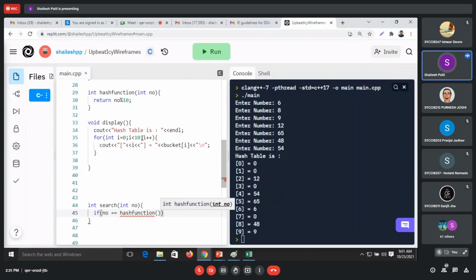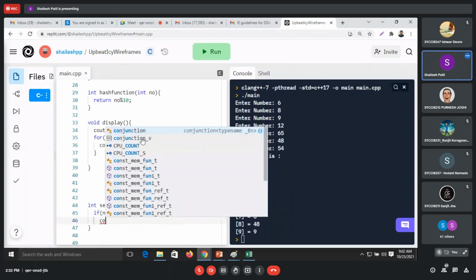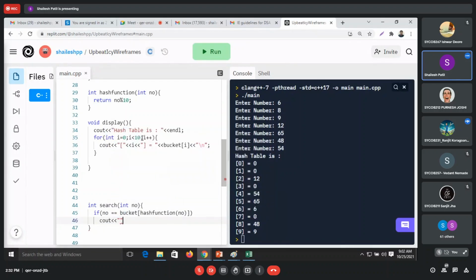So that is overwritten, that we will address later. Okay, so what we have to write is number is equal to hash function, and to the hash function I will pass number. But what will the hash function return us? It will return the index. So can we write like this, bucket of hash function of number? Is it correct, because it will return the index? So we'll just make cout. Yes, sir. Yes, yes.